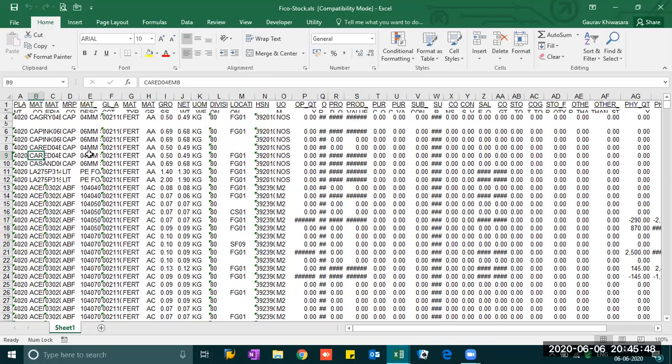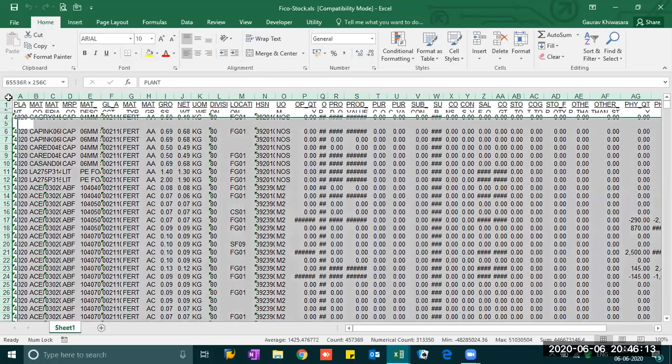If I want it for 1 year, I will use 1st April to 31st March for the complete year. If as on 31st May I want it for 6 months, then I will use 1st December to 31st May, covering a period of 6 months. So according to whatever period you want, you have to take that date, and the reporting date will be your due date. In that way you have to download a FICO stock report.